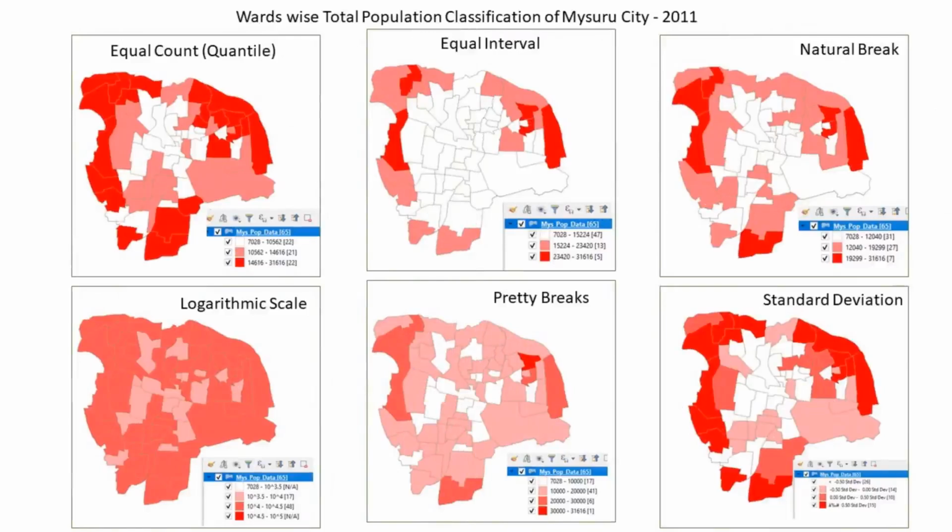For our better understanding, I have prepared maps using the default classification methods available in the software, shown here. The top 3 maps are classified into 3 groups using default classification methods such as equal count, equal interval, and natural break. And the bottom maps are classified into 4 groups using logarithmic scale, pretty breaks, and standard deviation. Look at the above 3 maps. The area is the same and the data we have used is the same, but